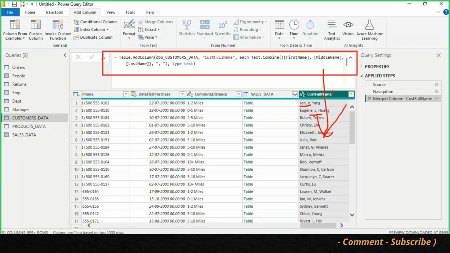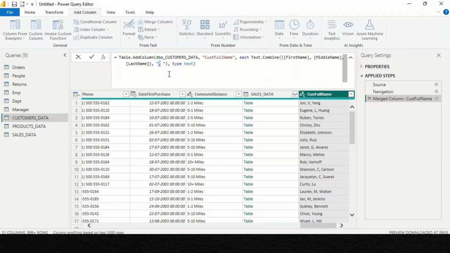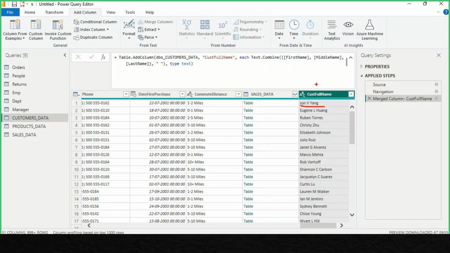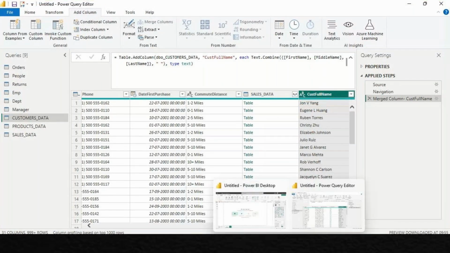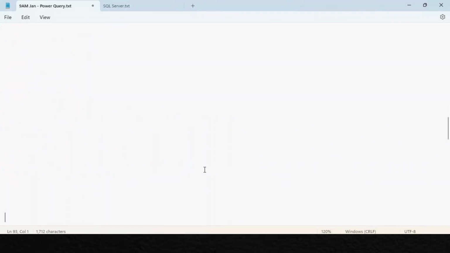That's what I said. When you use the GUI options, the code will return the result. If you would like, you can modify it. Now instead of comma, I want space again. When I give space, are you getting the space here? Yes, you can modify. That's about the formula bar. The formula bar will show the selected step's M language code. That is the fifth section. The sixth section we have is